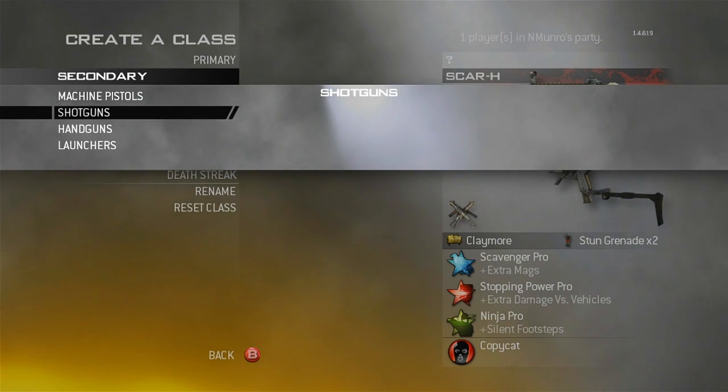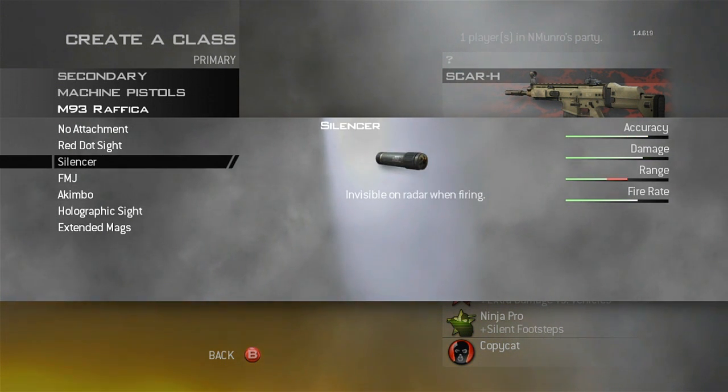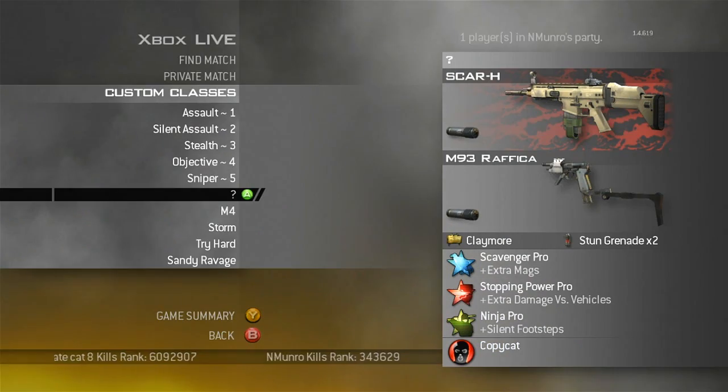I'm going to change that right now. You guys can witness the change of my class. I don't know. I'm going to use a... where'd we go? Okay, I'm confused. I'm going to use a silenced Raffica because if you're in the middle of a reload with